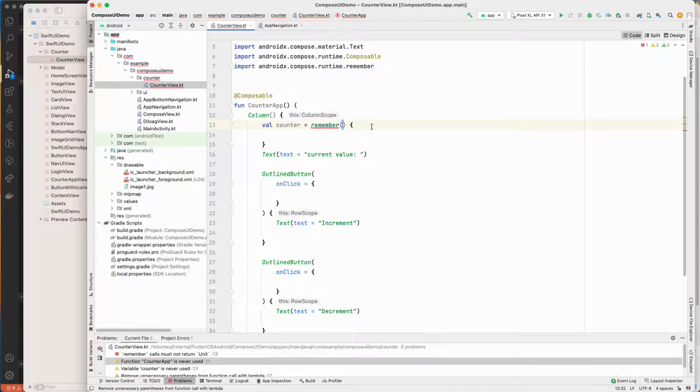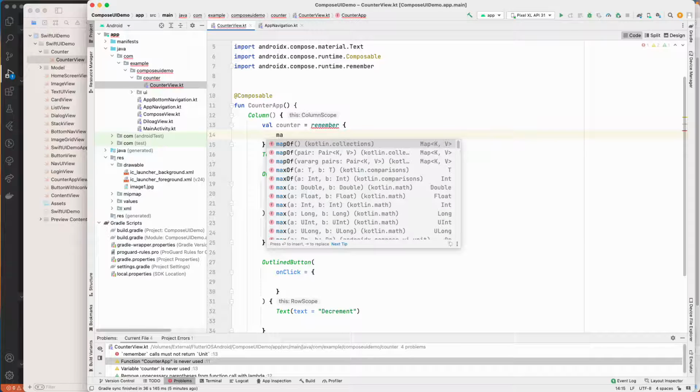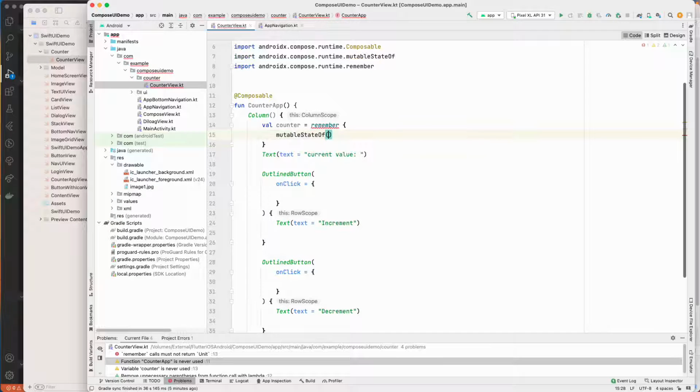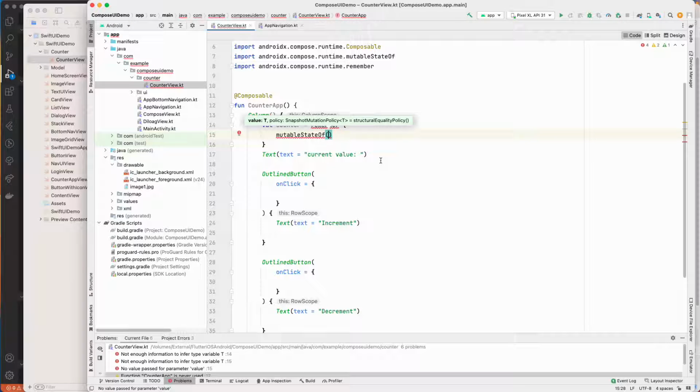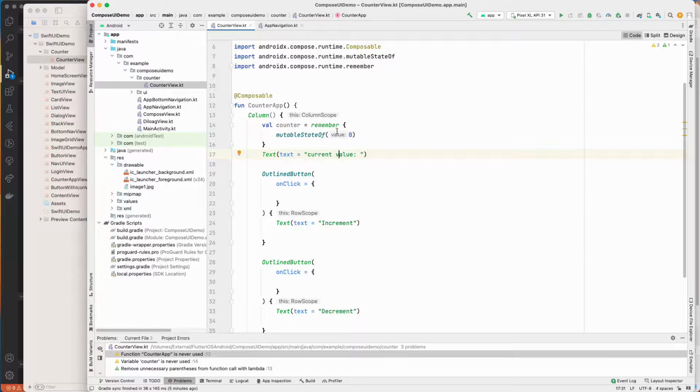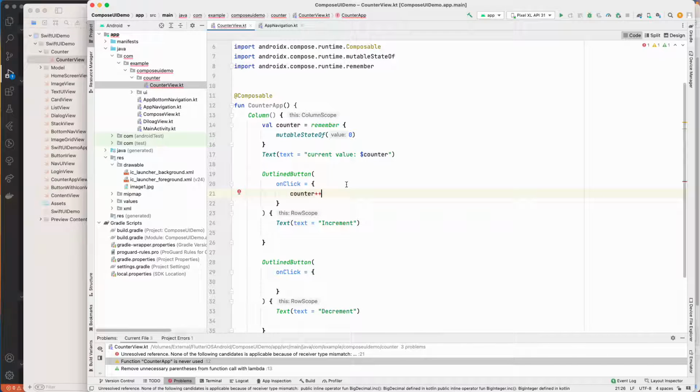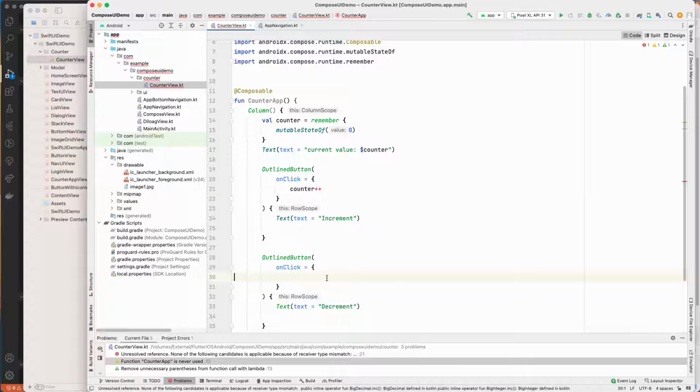Let's remove this one from here. And what I will do over here is say mutableStateOf, and then I'll just say a value of 0 over here. And this is currently okay, counter we have. And then for this counter we want to reuse that counter value over here. So let's add that over here as a counter, and in the click of that button we want to increment over here, right? Counter plus plus, and then we have the counter over here,